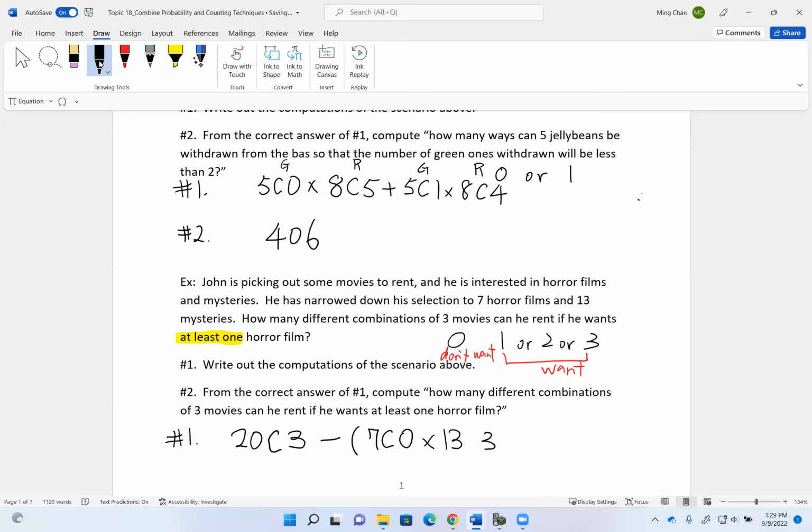If I don't want any horror films, that means all 3 of them are mysteries. Using combination, because the order in which I pick the mysteries does not matter. So the parenthesis is how many ways to pick 0 horror films,